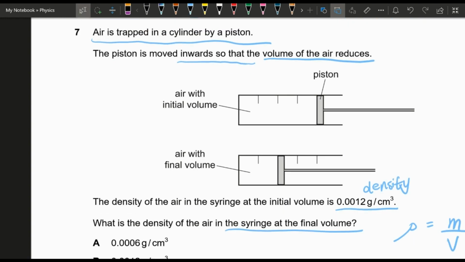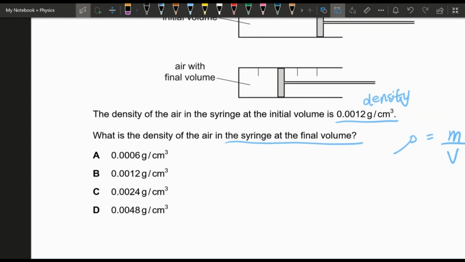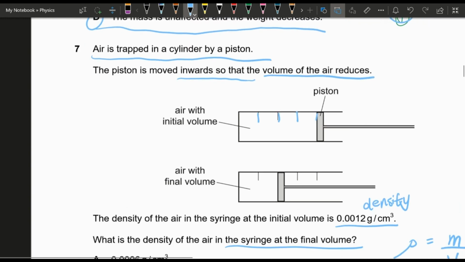Okay. So air is trapped in a cylinder over here. The piston is moved so that the volume of air reduces. Okay. The density of the air in the syringe at the initial volume is this. Okay, what is the density of the air in the syringe at the final volume? So one, two, three, four. So it moved over here, right? So it became